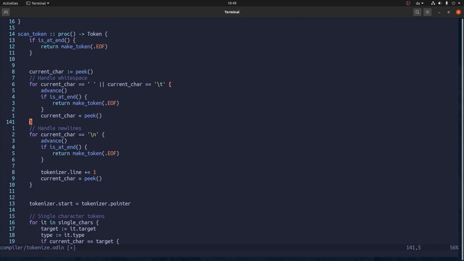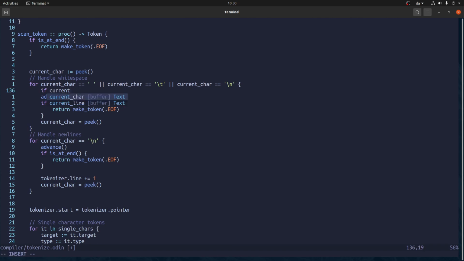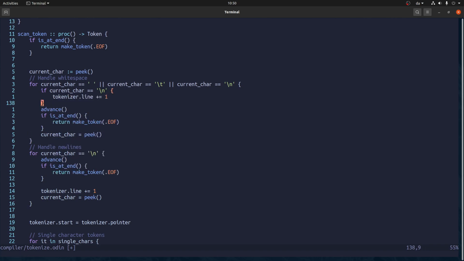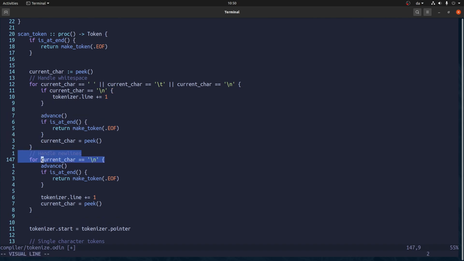Actually, there is something a bit wrong here, because what if we have white space on the new line, i.e. indentation? So perhaps we do need to put it here. And then we need like an extra check here. If it's this specific case, then we can increment the line number, and otherwise it is the same.